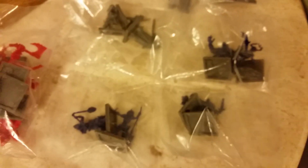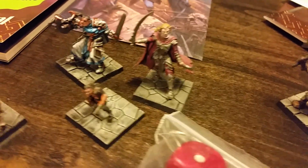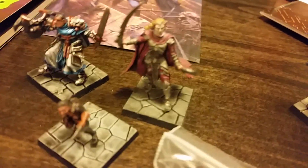Here's all of the boss figures that would have come in a base package. Here's all of the hero figures that came in the base package, and then all of the stretch goal hero figures, including the special resin figure for this guy, who was not yet painted when my first box came, but when my second package came, I finally received the painted version of him as well, and his little base. And then also the return of Valandor figures. So there is a gigantic Valandor and the big